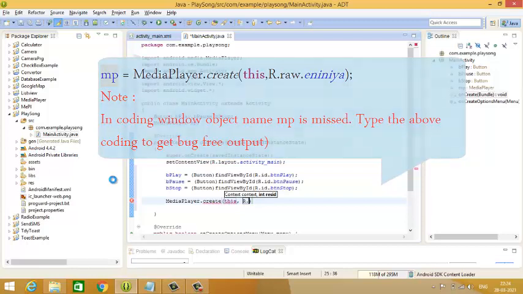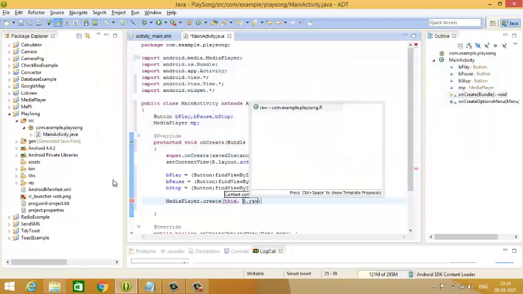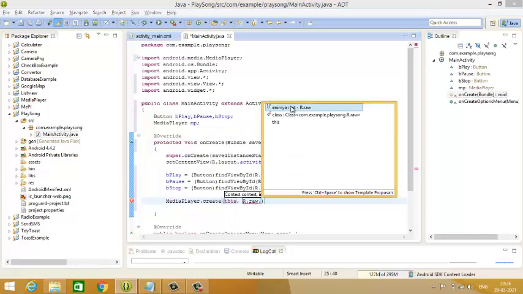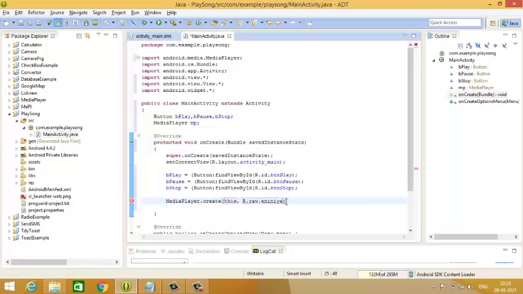So give R.raw. Here you can see the file name, so select the file name and at last give a semicolon.